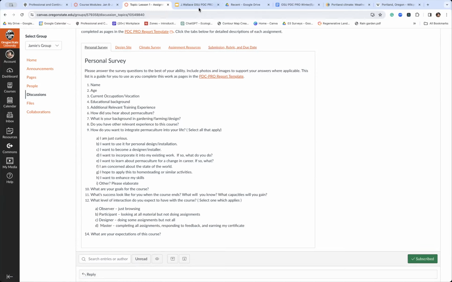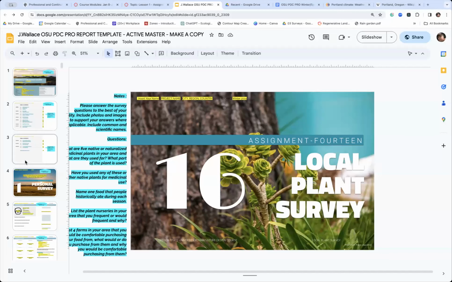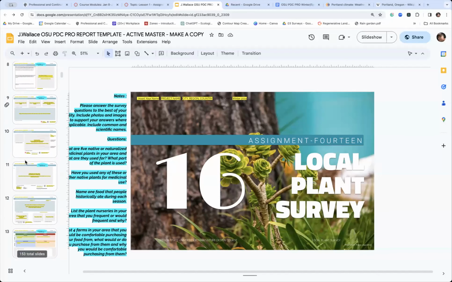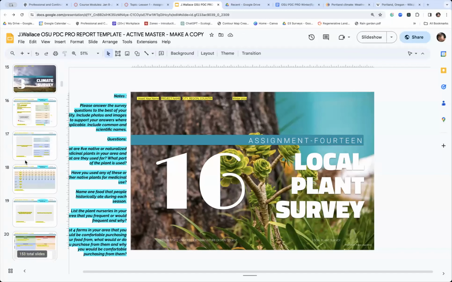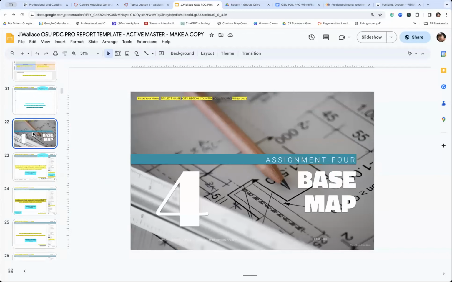So if you do lesson number 1 and submit it, and then you go on to lesson number 2, we're going to look at base maps, right? We want to have all your previous work included when you submit number 2,